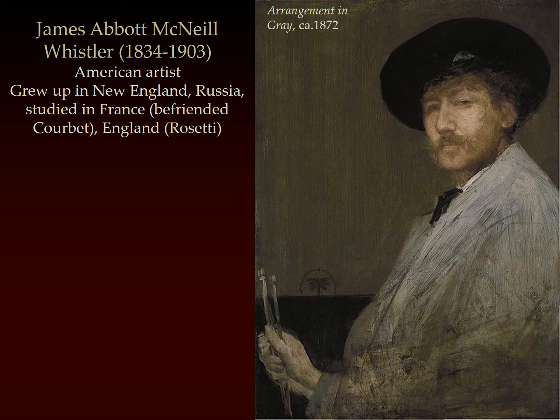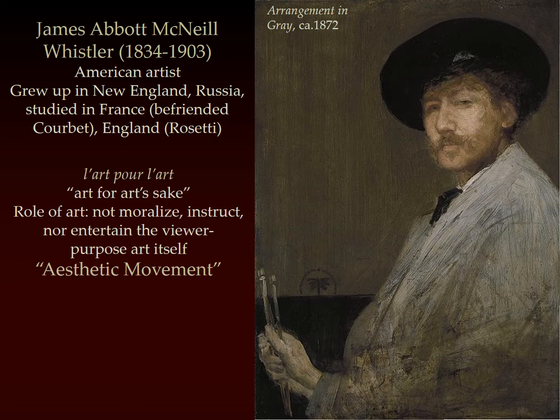Technically, Whistler was an American artist who will grow up in New England. He studies in Russia, then in France, befriending Courbet, and finally he moves to England where he befriends the Pre-Raphaelites, specifically Rossetti. He's going to be involved in, as the Pre-Raphaelites were, the l'art pour l'art, or art for art's sake movement. Seminal and very important for modern art, this aesthetic movement, as it becomes known, is going to believe